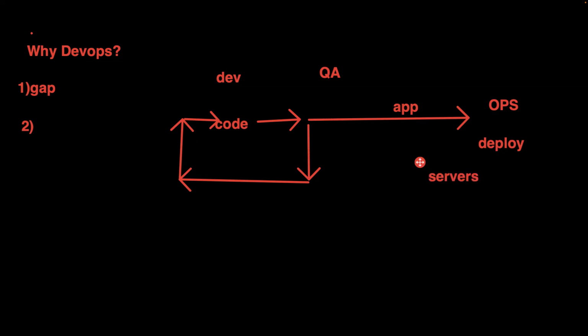Also, when they make the servers ready, they should see that the right versions of dependencies are installed. Let's suppose it's a Java application. They should know which version of Java should be installed, correct? Let's say they need Tomcat. Which version of all those dependencies should be installed on those servers? So that information, which versions will work for this application, should be given by developers.